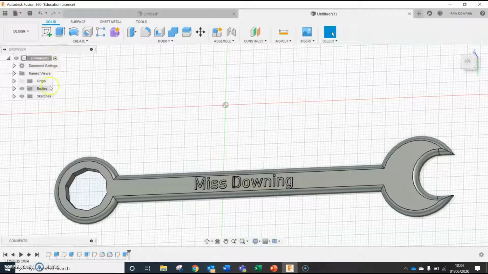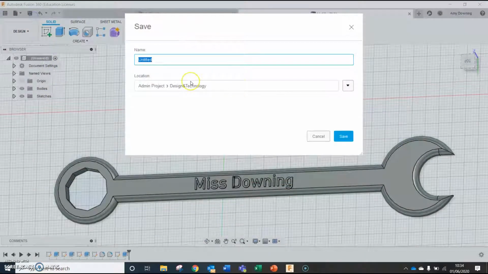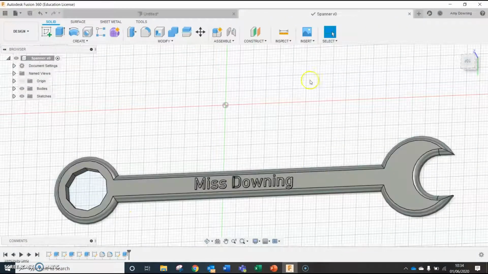The next step would be for us to save this and click spanner in there. And to start rendering, which is where you apply colour or materials to the surface. So I'm going to click stop, and the next task will be to render the